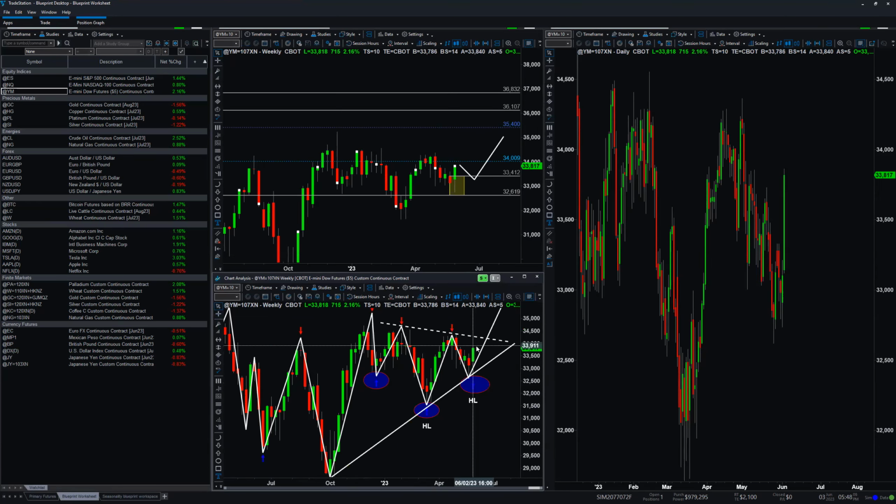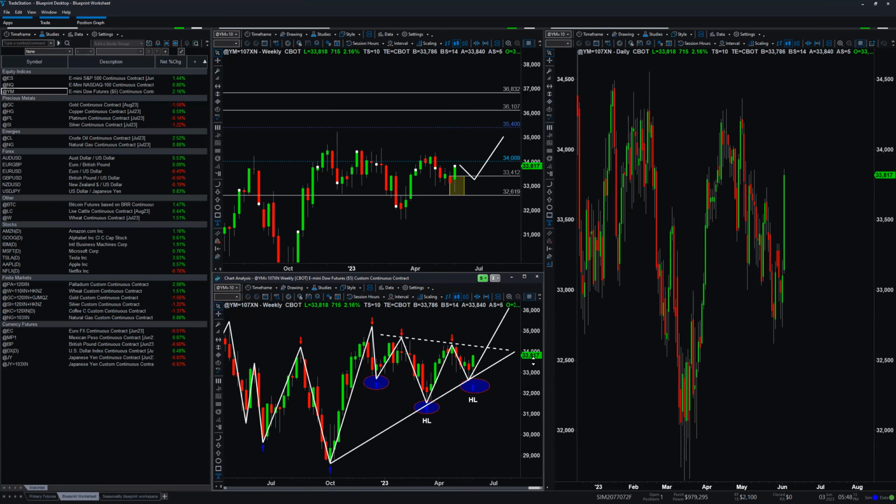If I was to sell, then there's just a lot of pivot points, which means there's just a lot of resistance. And if I want to buy, where am I going to buy? I'm going to buy within the demand zone or within low, which I'm also allowed to buy within low. So now